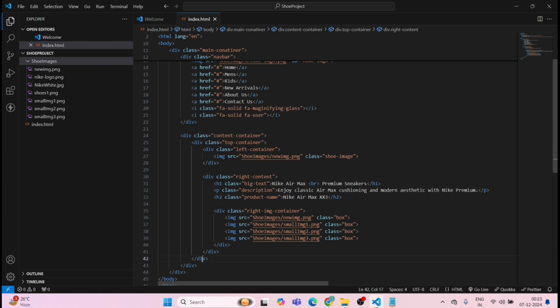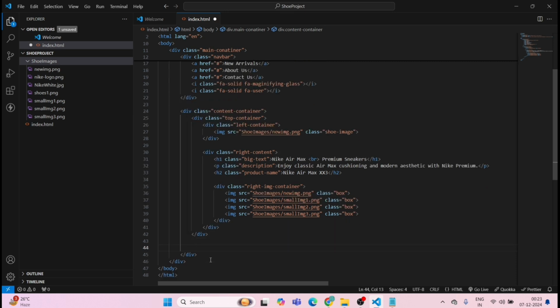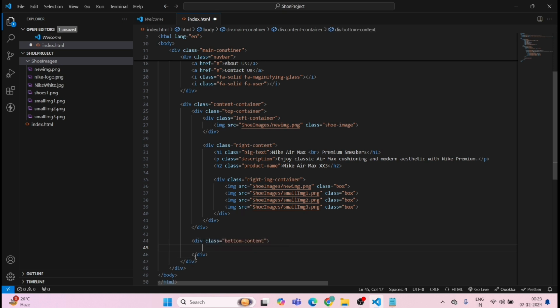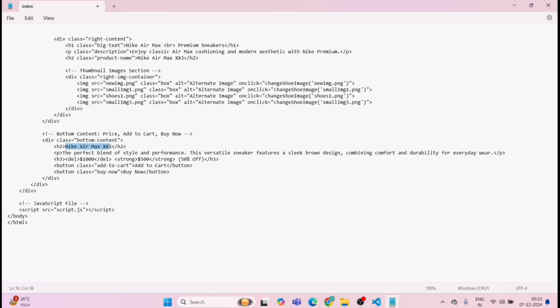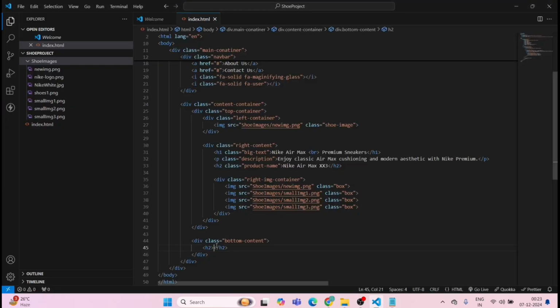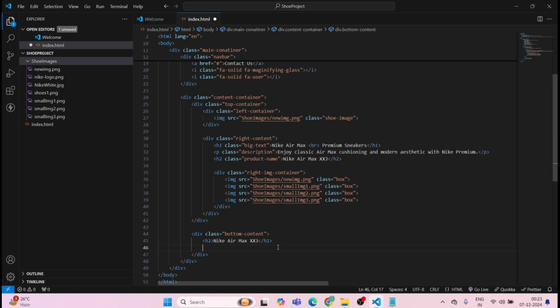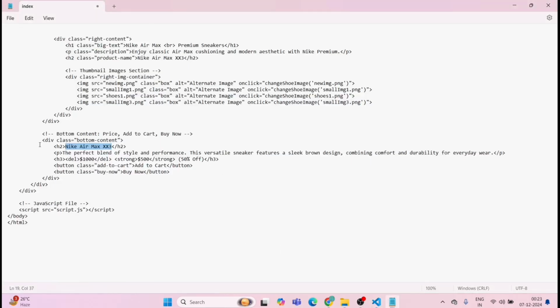This is also done. We will come outside the top container, and inside the content container, before closing of that, we will be having another class, bottom-content. We will be having the h2. I will copy it from here. We will be having the p tag, again get it from here,